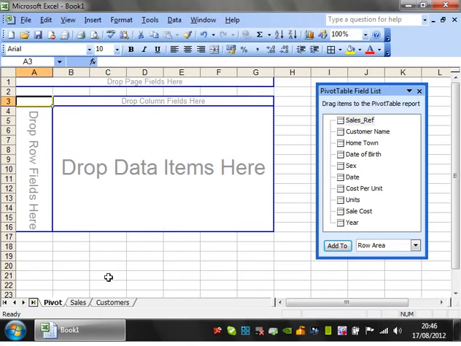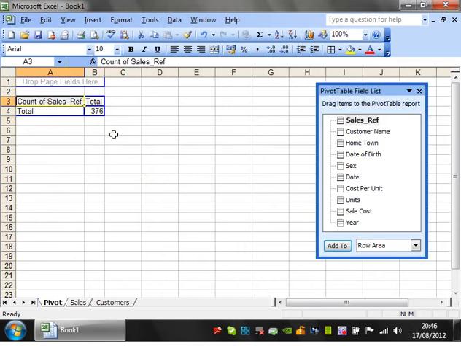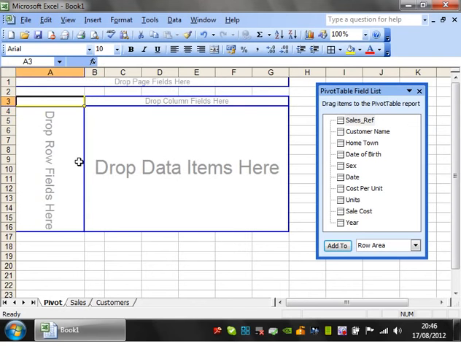just so I know which sheet my pivot table's in. And then the first thing I'm going to do is I'm going to drop in sales ref into the data items. So you've got 4 different sections you can drop stuff into. So I'm going to drop it into data items, and then I'm going to take it and I'm going to drop it back out. It's just so you can see that you've also got drop row fields, column fields, and